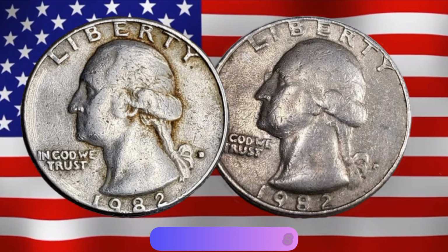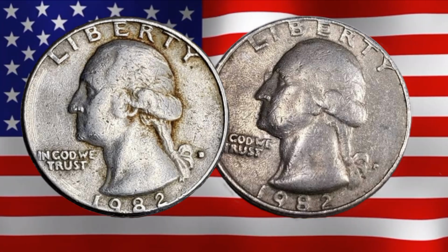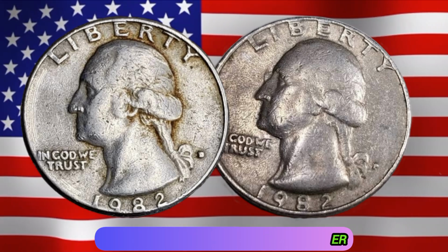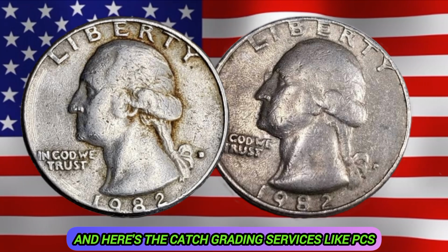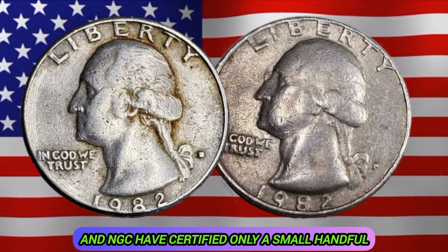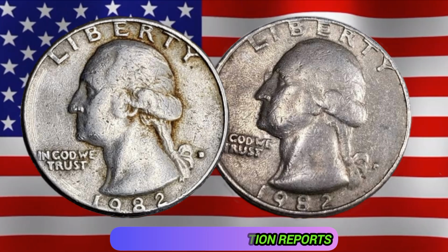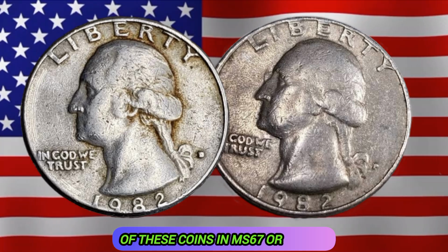Unlike other years, there were no mint set quality coins preserved by default. So if you want to find an MS66 or MS67 plus grade 1982 quarter, your odds are extremely low. And here's the catch: grading services like PCGS and NGC have certified only a small handful of these coins in truly top condition. As of recent population reports, there are less than 100 examples of some of these coins in MS